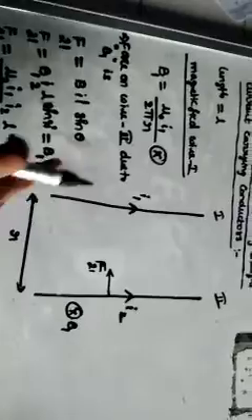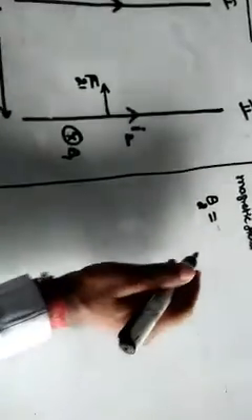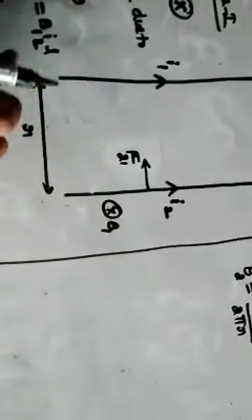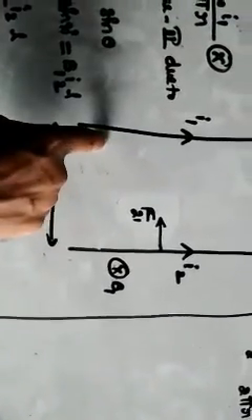Reverse means earlier the magnetic field was given by wire 1. Now the magnetic field is given by wire 2. Listen carefully. Magnetic field due to wire 2. What is the value? Magnetic field B2 is equal to, same story, long straight wire carrying current I2, so μ0 I2 by 2πr. This is the magnetic field due to the second wire, extending up to the distance r.